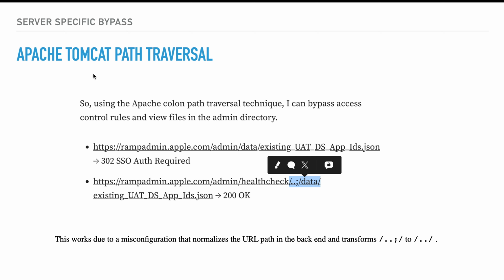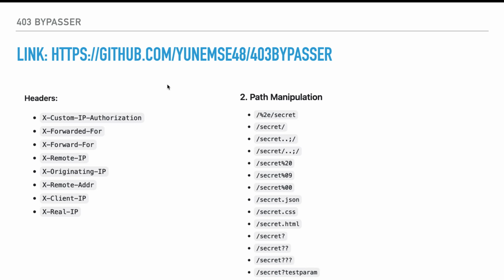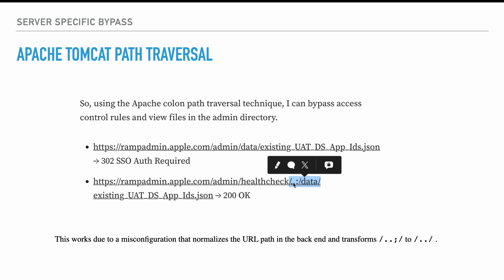So this is the Apache Tomcat path traversal issue. Now here, as you can see, this is what 403 bypasser will also attempt to do, which is injecting dot semicolon followed by the directory. Now what ends up happening is that due to certain misconfigurations in Apache Tomcat, a lot of times what will